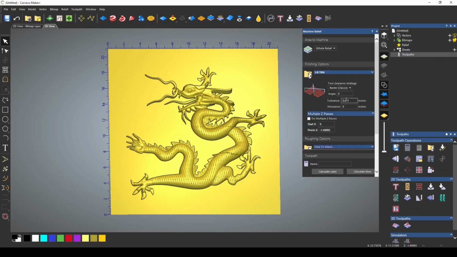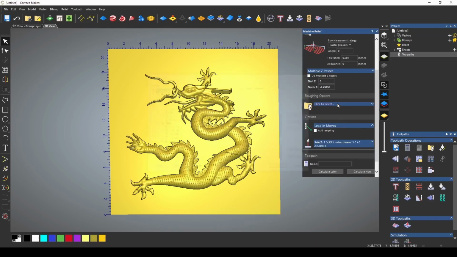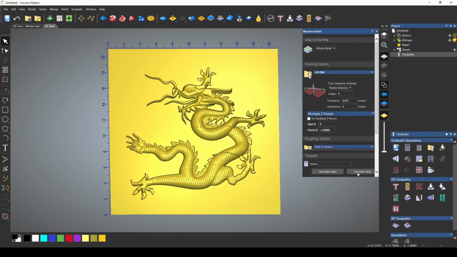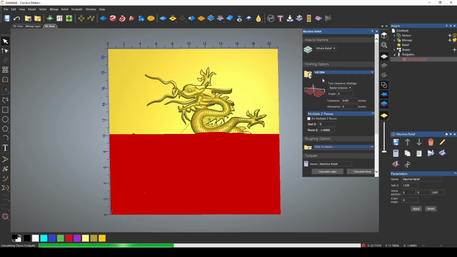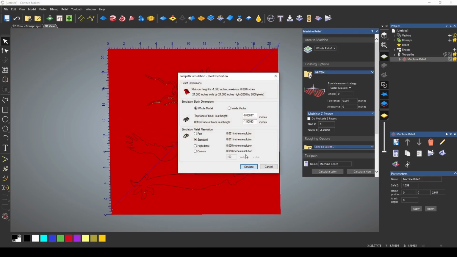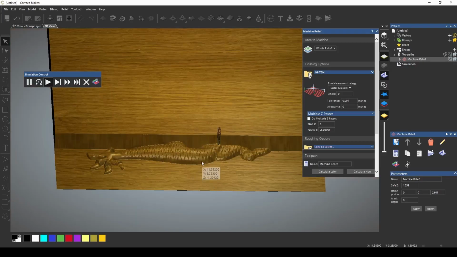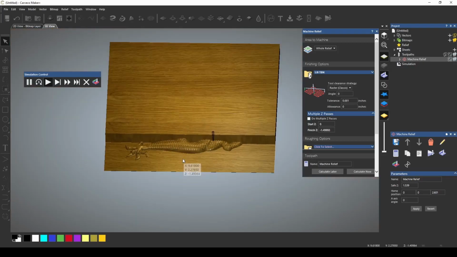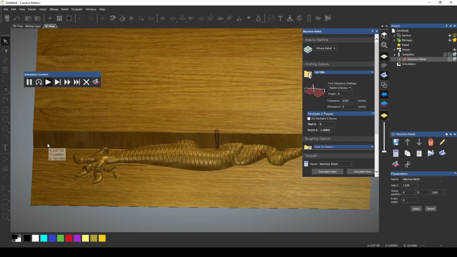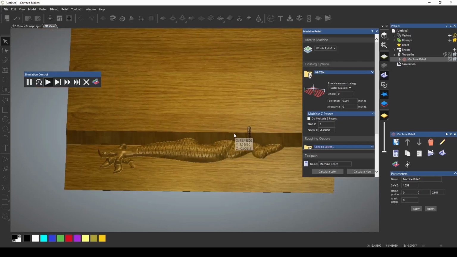Now, to understand what multiple Z passes is, normally you would never use this option because you have a roughing tool, and I don't have a roughing tool selected. And if I were to calculate this toolpath right now with our 1/8 tapered ball nose, and I'm going to simulate this toolpath, if you see, guys, since we didn't do a roughing pass, the finishing bit is coming all the way down through that material and trying to run its finishing pass through the depth of that material in one pass.